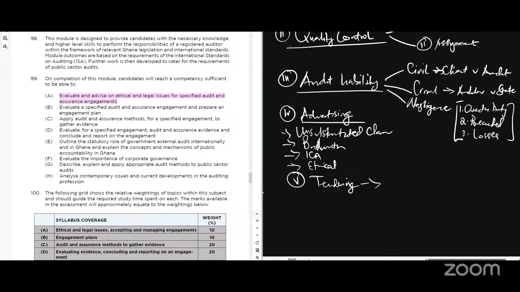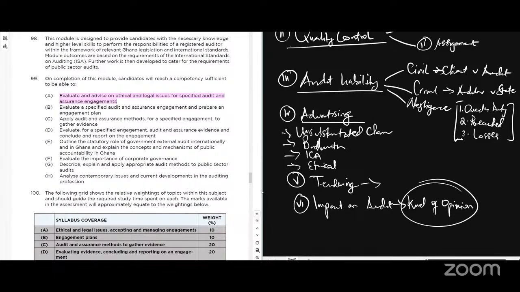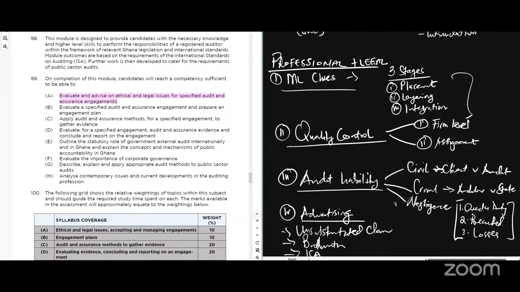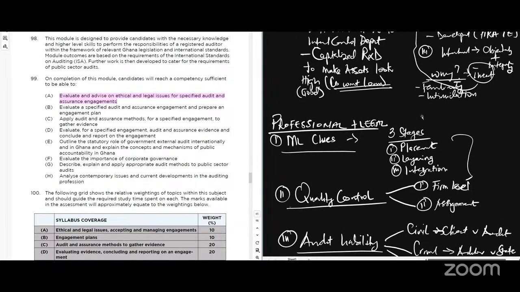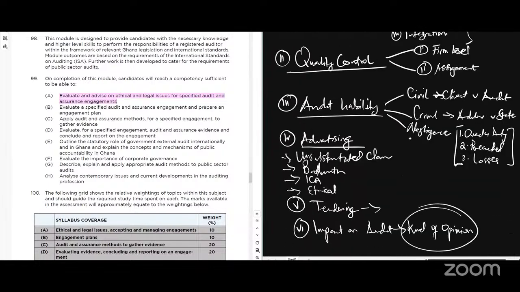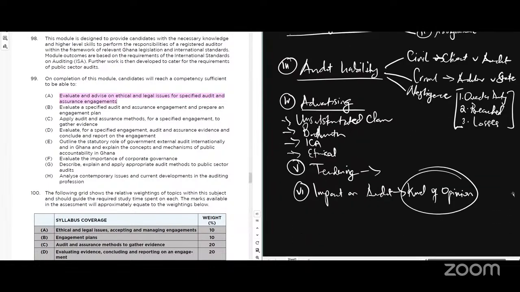Then sometimes we go to see the impact on the audit because of what has happened in the case. So the impact on the audits, mostly you are looking at the kind of opinion which will be issued because of what has happened. Remember, I told you that these ethical issues also have an impact on the statement. That is the risk, because if we see that you are unethical, or maybe the manager or the director is your girlfriend, we will not trust your opinion, and it can also impact the kind of opinion, right?